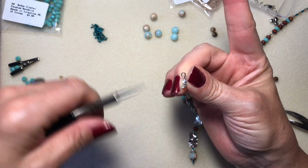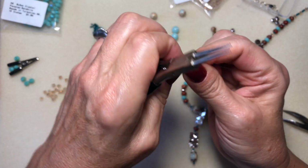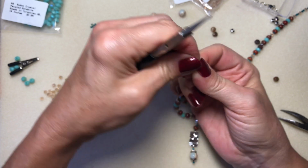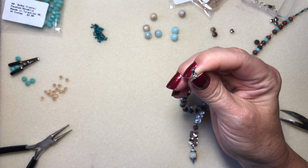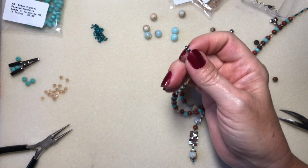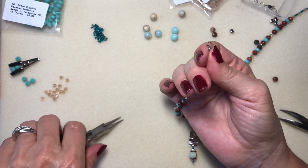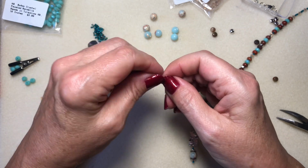Through that. And then you just want to get that this right way. And then you go and close that. And I take my round nose pliers, bend that like that. I'm going to keep it like that. And I'm going to put